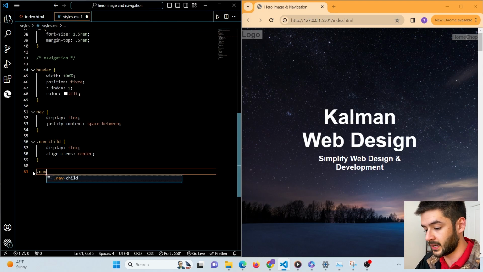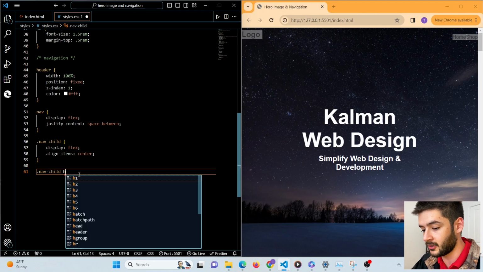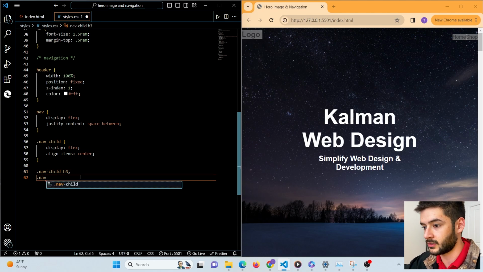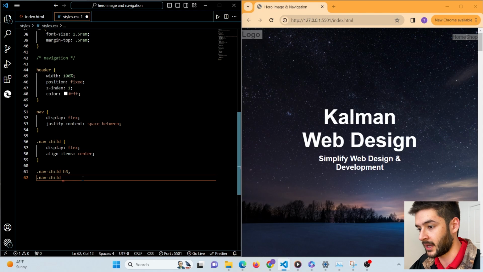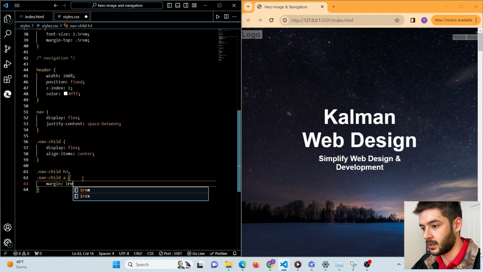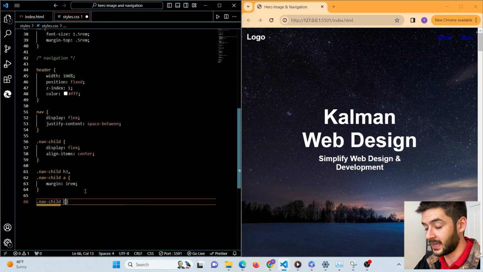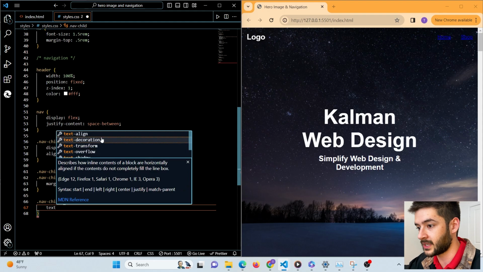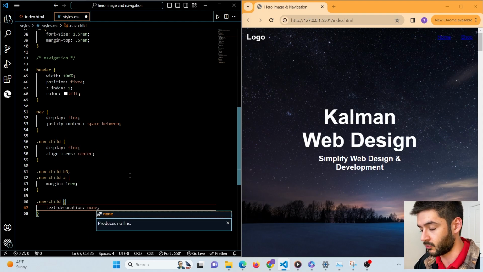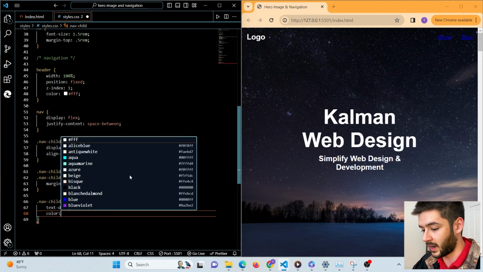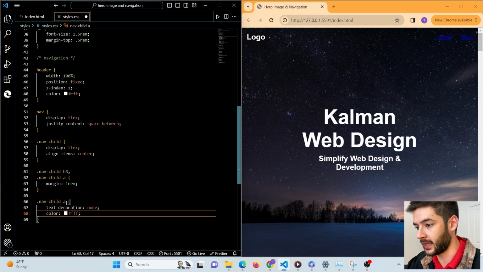And now we need to target everything within our nav children. So what we want to do is specify nav child, and then we want to select our h3 element, and then we want to select our nav child again, specify our anchor elements to add a margin of 1 rem showing space between our elements. Target our nav child again, and in this case we are going to remove our text decoration, and this is going to get rid of that underline, and we want to change our link color here to white again. And I forgot to specify our anchor element here, and we'll go ahead and hit save again,